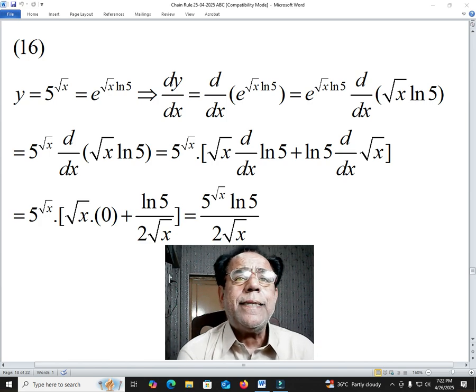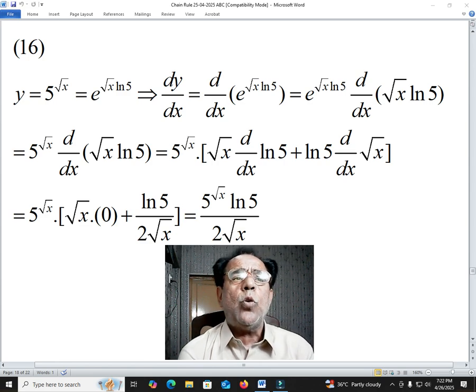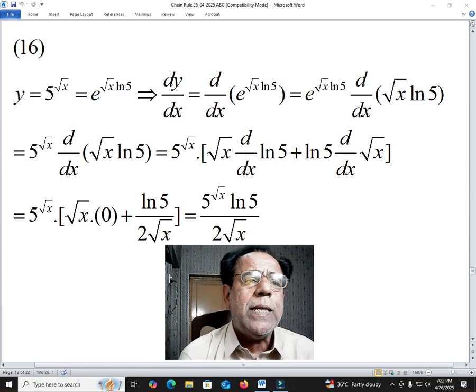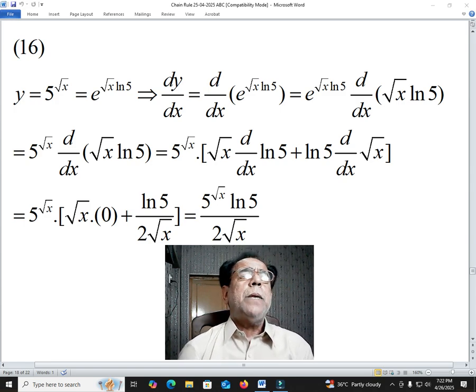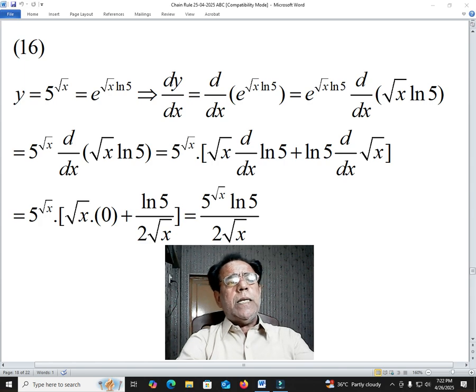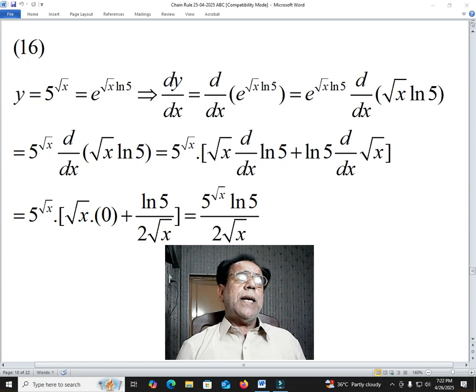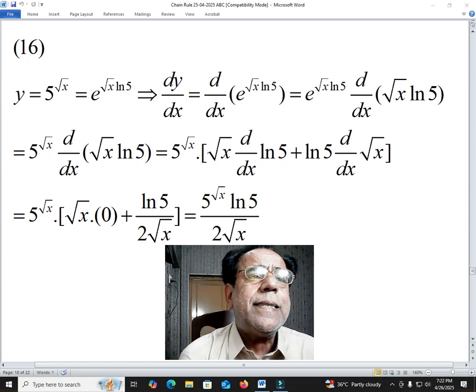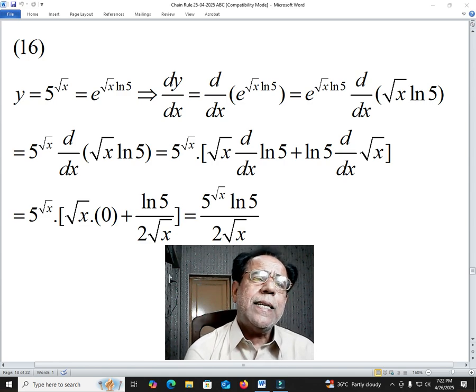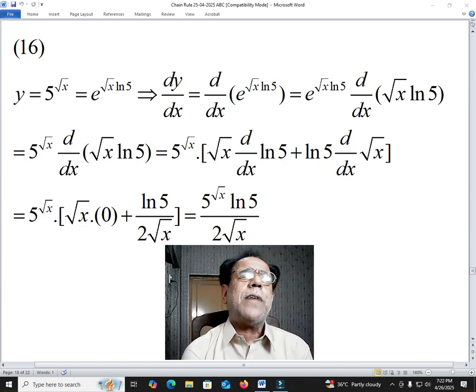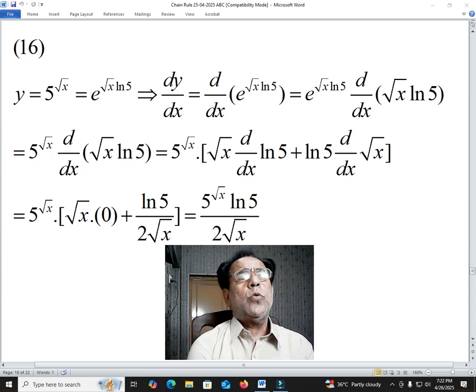Then in the next step we have once again written e raised to power x square root of log 5 equal to 5 raised to power x square root of x. Okay, because this conversion actually needed to be applied the first time in order to reshape our statement, and then in the later stage we can once again substitute its alternate value where necessary. Okay, so we will get